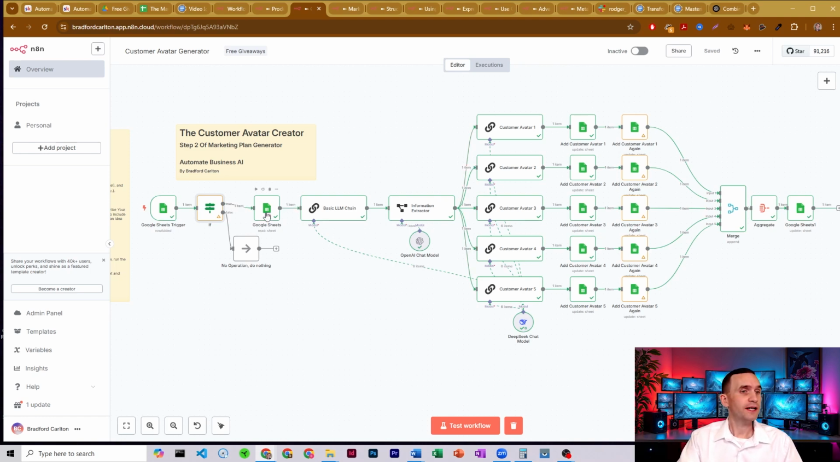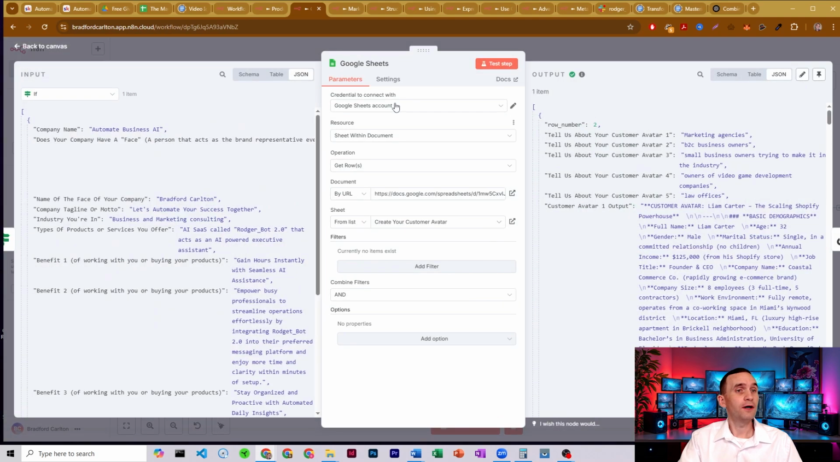So here in our next node, Google Sheets, of course, you want to make sure you set up your Google credentials. If you don't yet have a Google Cloud Console set up, I'll have a video in the description below on how to set up Google Cloud Console to make sure that you can set up your Google Sheets API access. What we do is we're pulling from that sheet,